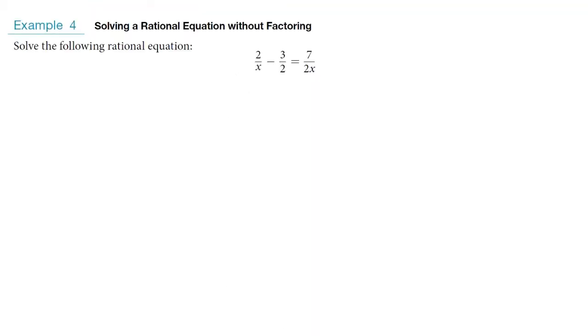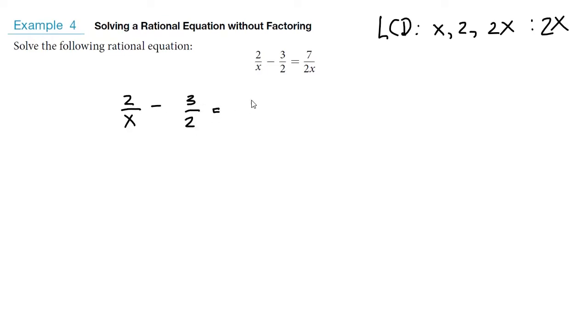Example 4, solve the rational equation 2 divided by x, subtract 3 divided by 2 equals 7 divided by 2x. So the least common denominator here, well, the denominators are x and 2x. So the least common denominator here will be 2x. So I'm going to multiply everything by the least common denominator, and this will have the effect of removing the variables from the denominator. So 2x times 2 divided by x minus 2x multiplied by 3/2 equals 2x times 7